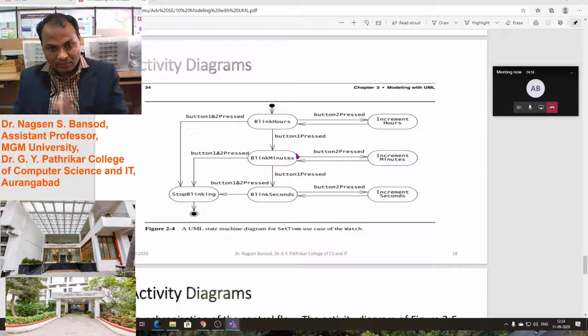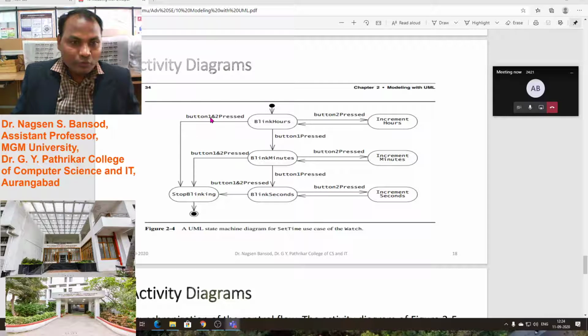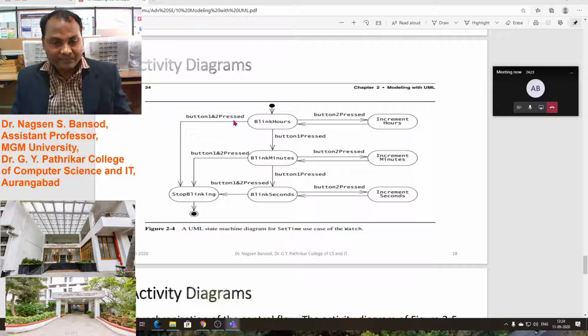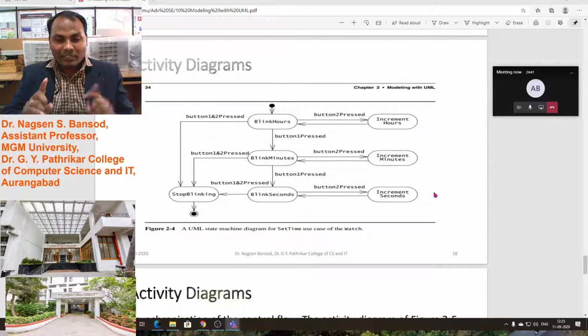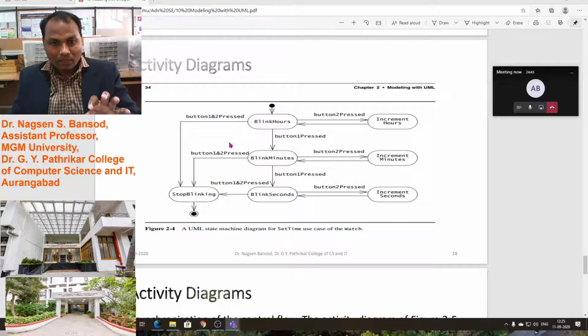Internal structure: push button 1 and 2 are pressed. What happens at that time? Blinking hours will start and you can increase the hours. If we press button 2, while hours are blinking, then hours will be increased by pressing button 2.